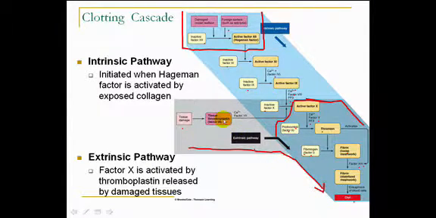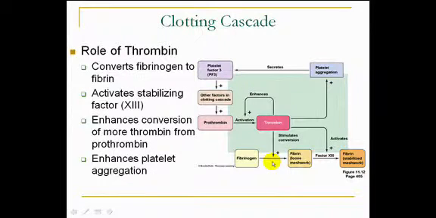So thromboplastin, which is released by the damaged tissue, will activate factor 10, which then activates thrombin, which activates fibrin. So you need to know the extrinsic pathway. It involves the thromboplastin. Now this is kind of looking at a closer up role of this last step and